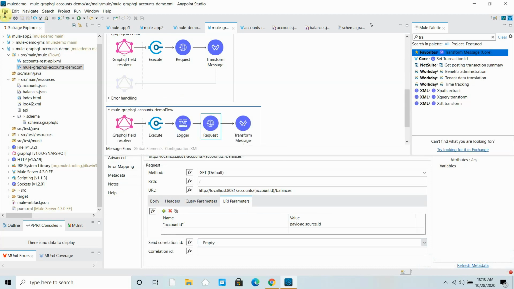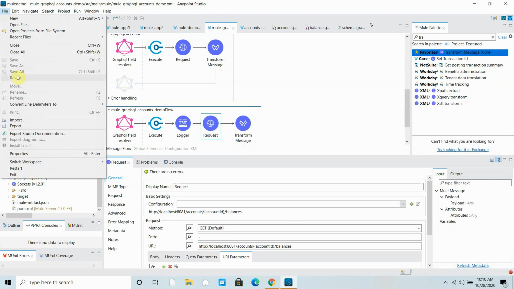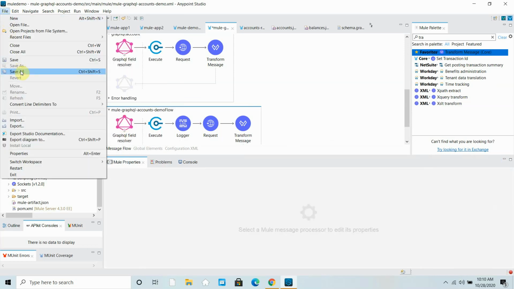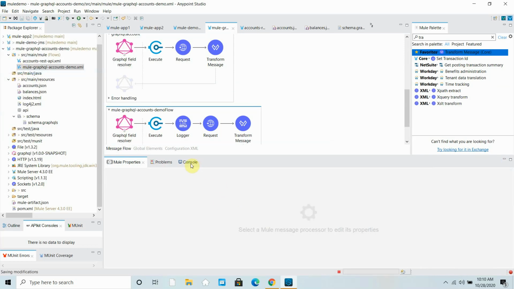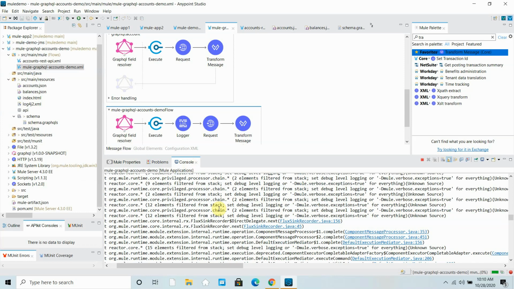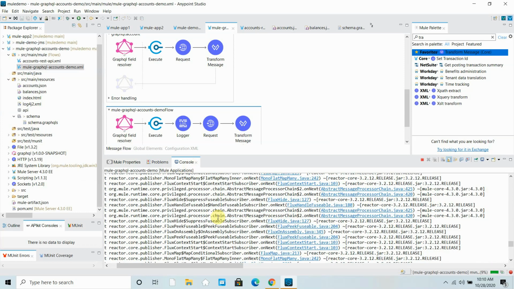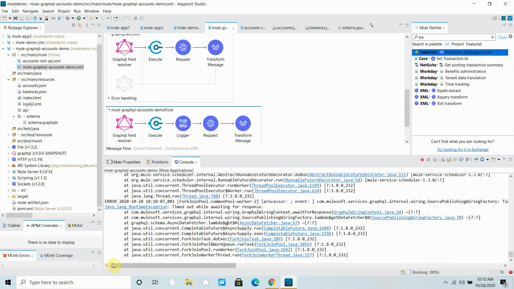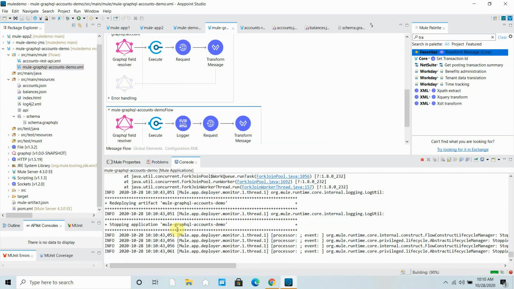Let's save everything. Let's see what happens now. Now I will save it. Once I save it, it should deploy the application. Let's wait while it's deploying the application.